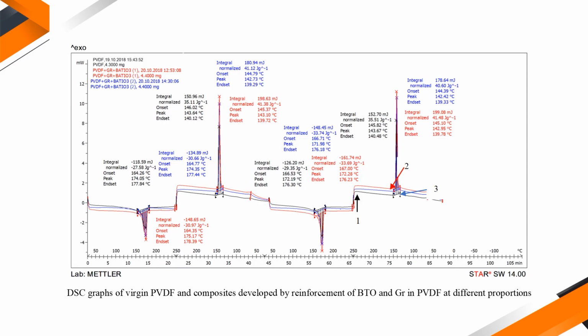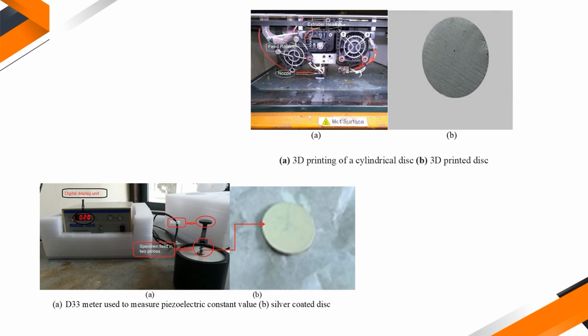Then performing the DSC, like in the previous case I have already explained, we are interested in their glass transition, we are interested in their melting temperature, we are interested in their crystallinity and the enthalpy. So we came to know which one is the better, and finally a disk has been printed, and for this disk its D33 parameters were observed, and we got very good D33 values ranging up to 50 picocoulomb per Newton,